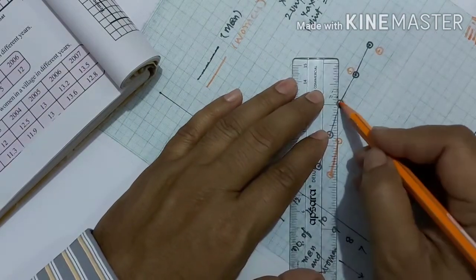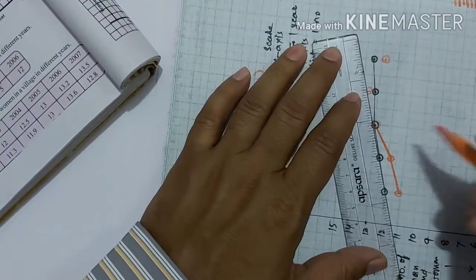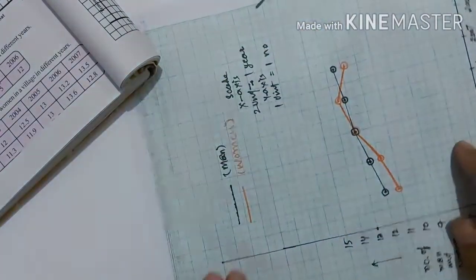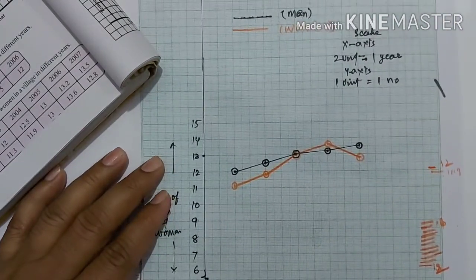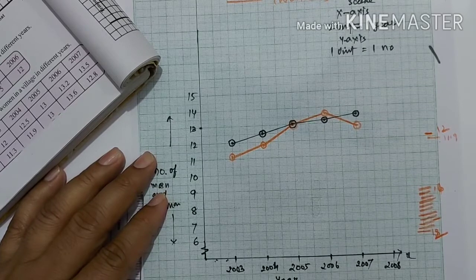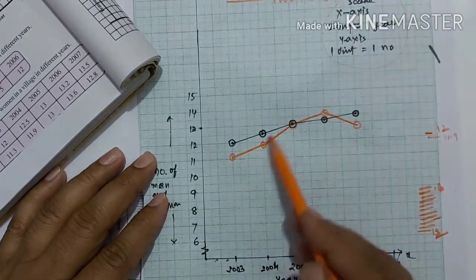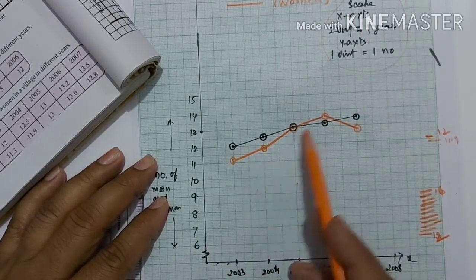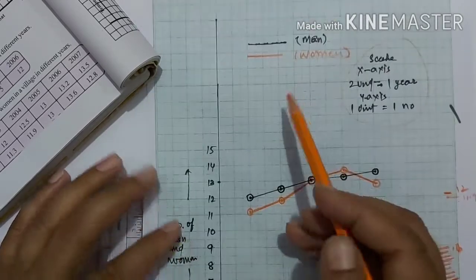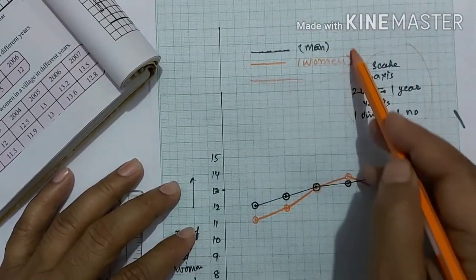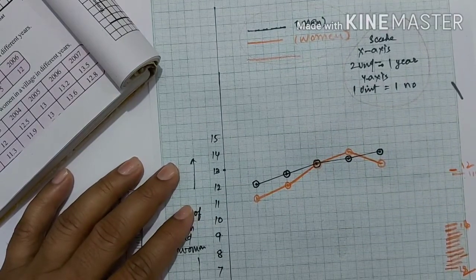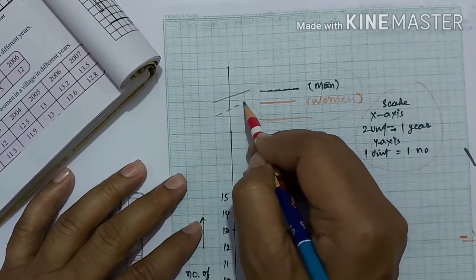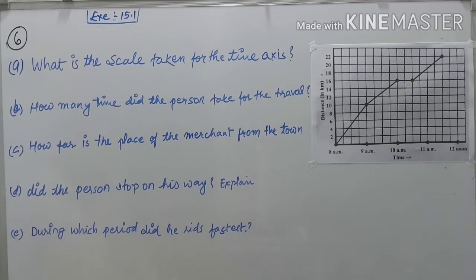Now join. The first, second, third and fourth points will be joined. So this completes your question. The scale is very important. Suppose you have used only a pencil, or you have drawn with a colored pencil and not a color pen, you must still show on the graph which color is used for men and women. Suppose you have drawn with only a pencil, then the men will be drawn directly with the pencil and the women will be shown by dots.